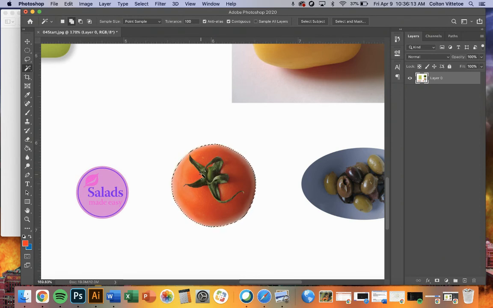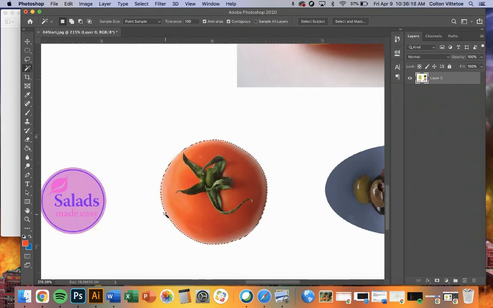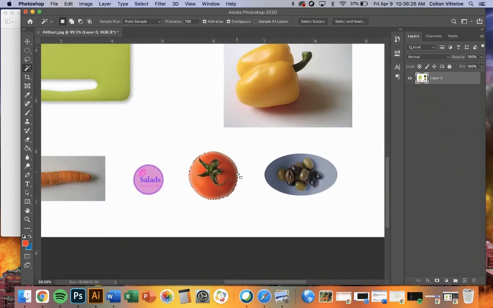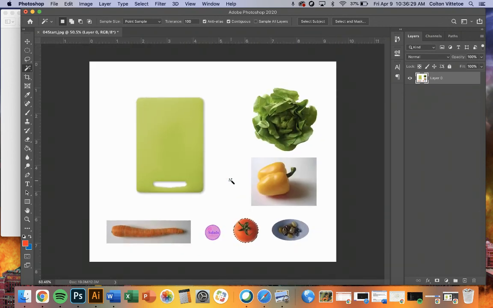I might try to get all those little spots in there. What I want in the end is nothing on the inside in the dotted line. It's only the perimeter of the tomato. So what I want to do now is copy this onto a new layer. If you're working on a Mac, Command C,